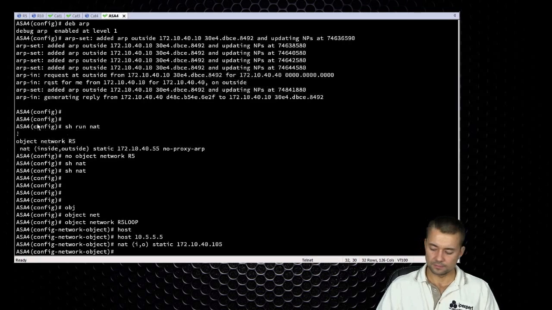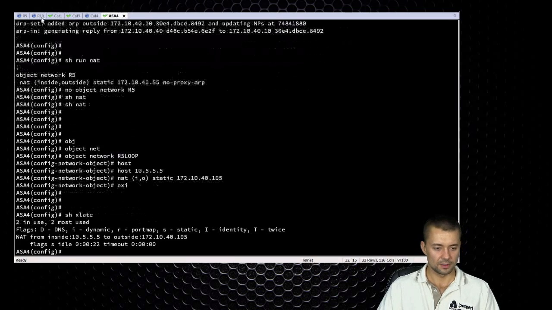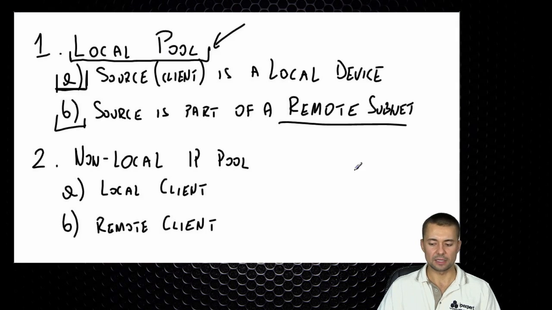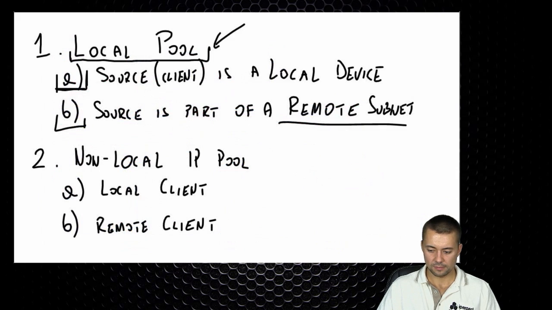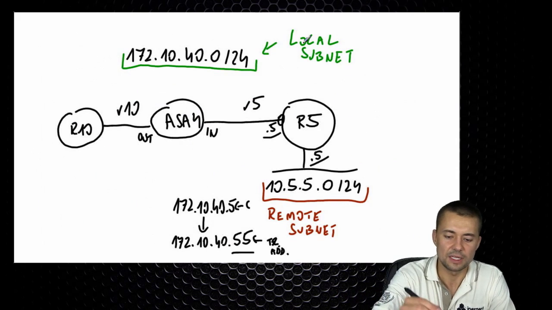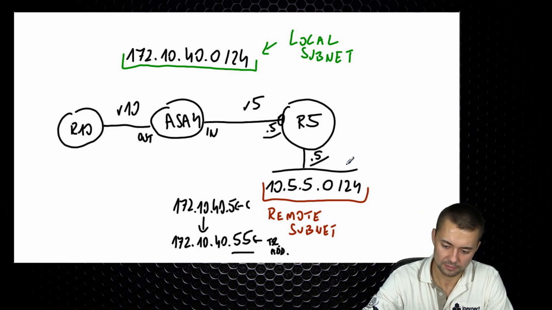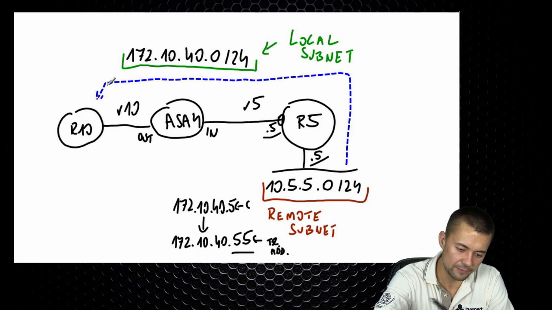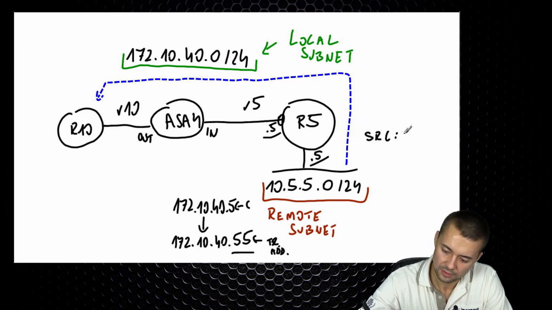So what's going to happen now? The translation is in place. Before I send the packets, let's think about what's going to happen before we take a look at this on the command line. So let's go back to the topology here. Now let's think what's going to happen when R5 sends the packet from the loopback with a destination of router 10. So the source is going to be 10.5.5.5,